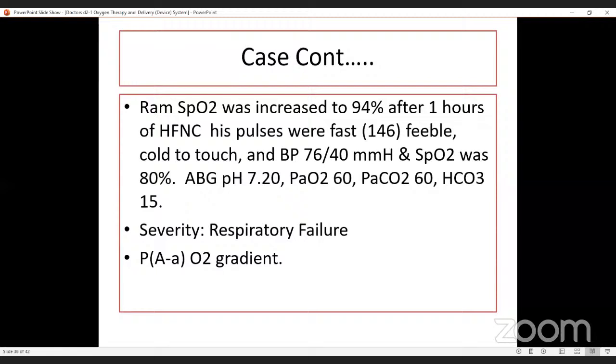ठीक है, तो SpO2 बढ़ाने के बाद भी उसका SpO2 अब 80% हो गया। ABG: pH और कम हो गया, पहले थोड़ा सा 7.24 था, 7.20 हो गया। PaO2 हमने उसका आर्टीरियल ब्लड गैसेस कराए, 60 आ गया और PaCO2 बढ़ के 60 हो गया और बाइकार्बोनेट 15 हो गया। सीवियरिटी यानी कि बाइकार्बोनेट भी कम हो गया, मेटाबॉलिक एसिडोसिस भी हो गई, PaCO2 बढ़ गया, तो इसका मतलब कि रेस्पिरेटरी एसिडोसिस भी हो गई, कंबाइंड मेटाबॉलिक एंड रेस्पिरेटरी एसिडोसिस हो गई और बच्चा सीवियर रेस्पिरेटरी फेलियर में चला गया। और A-a ग्रेडियंट हम यहाँ पे नहीं लेकिन निकाल सकते हैं, विल टॉक अबाउट, इनका टाइम बचा दो।